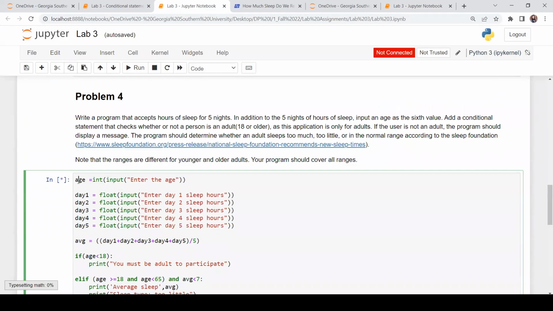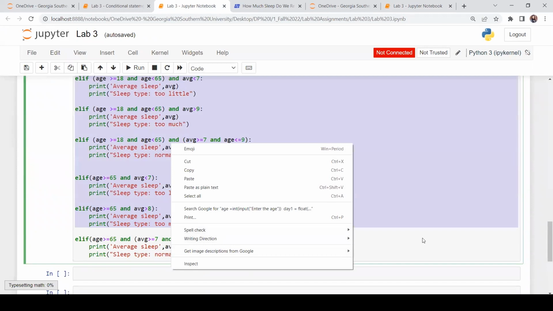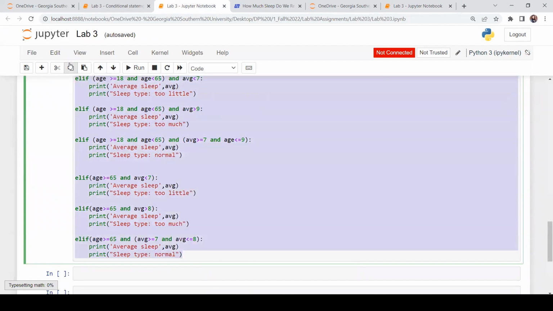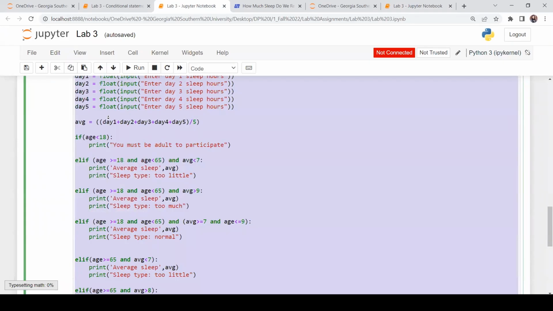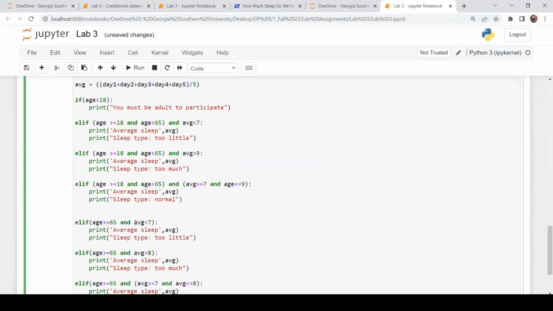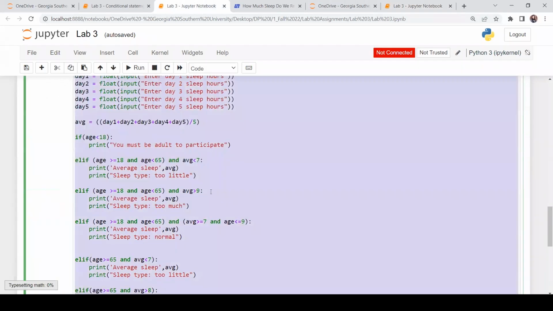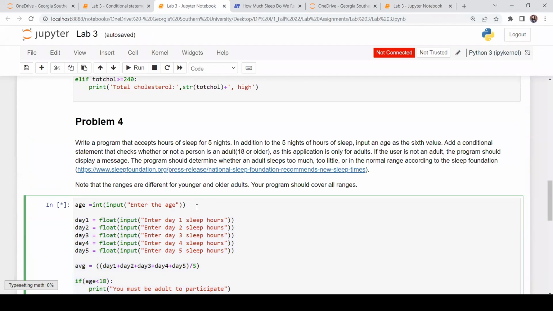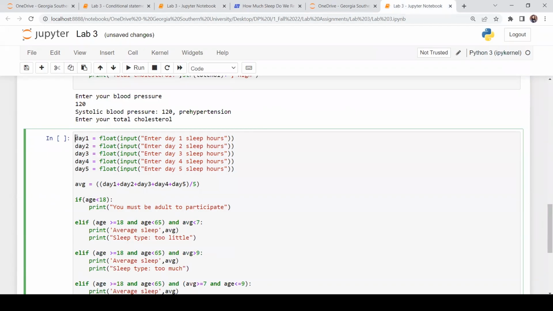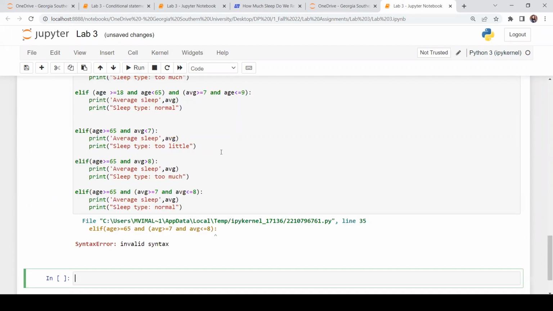I have to copy and paste all the code. Okay, so if I run everything, I didn't get the age here. I might have typed it here, but yeah. Okay, if I run it again,